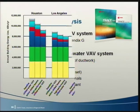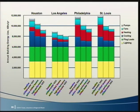For this example, the building with a high-performance chilled water VAV system uses about 20% less energy than the baseline VAV system in either Houston, Philadelphia, or St. Louis. The building uses about 10% less in Los Angeles, which has milder weather and lots of hours for airside economizing. As a comparison, this is also 5 to 10% better than an active chilled beam system that was modeled